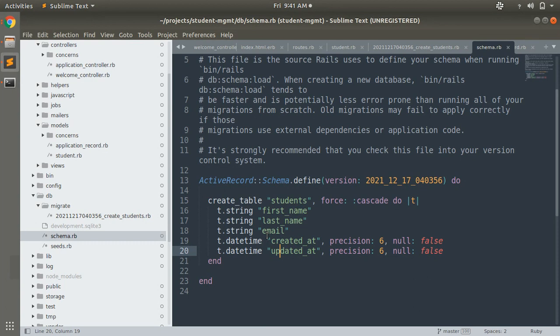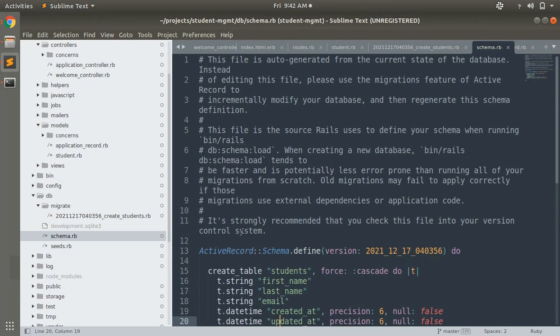Created at is the attribute which has its value only the first time you save a new record, or whenever you create a new Active Record. And updated at can be changed over time whenever you update the Active Record. Like if you update the name, then updated at will get updated, but created at will get its value only the first time when you create the record or save the record for the first time. So this is the model.